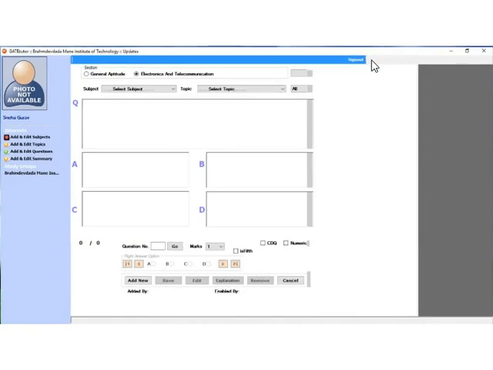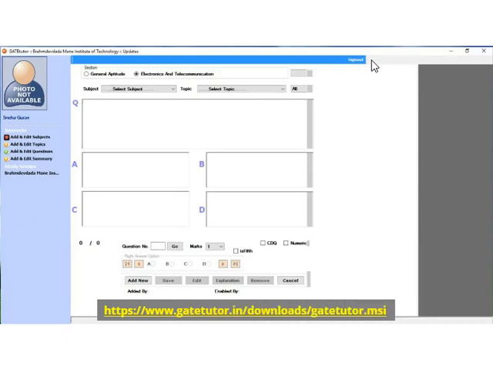This is the Windows-based software given by GATEtutor. Using this software, faculties can add their own questions with equations and diagrams by directly copy-paste method from Microsoft Word to GATEtutor software. To download the GATEtutor software, use the link